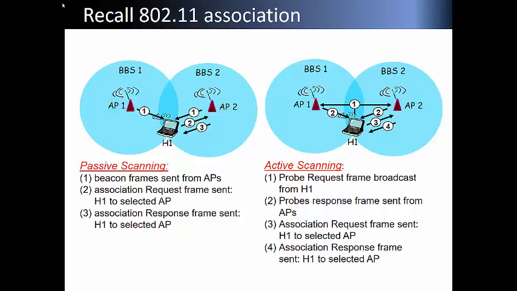Here, laptop. Okay. All right. This is my laptop. I have 2 access points.